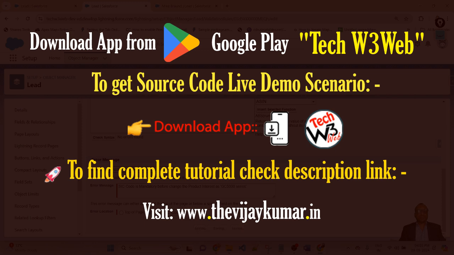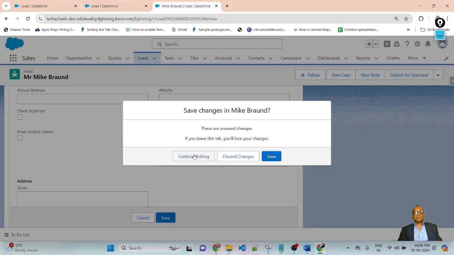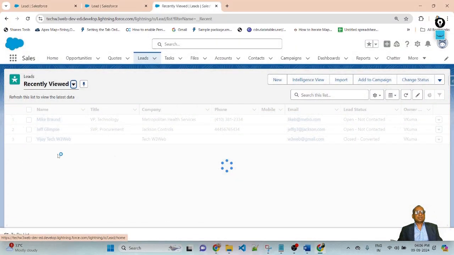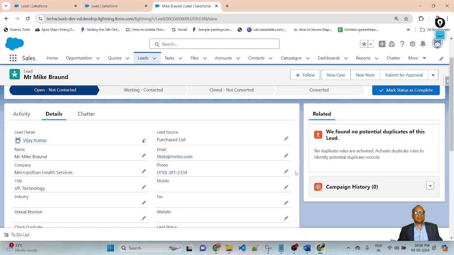Now let me save the validation rule. So friends, after saving the validation rule, this field should be active. So don't forget to check Active. Now let me go to the lead object and open one of the records. So these are the leads. Let me open one record of the lead.